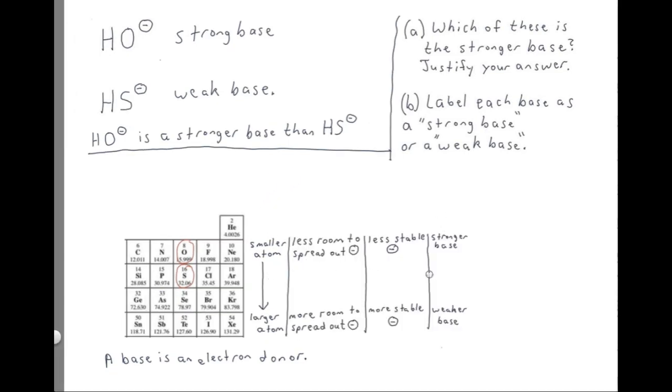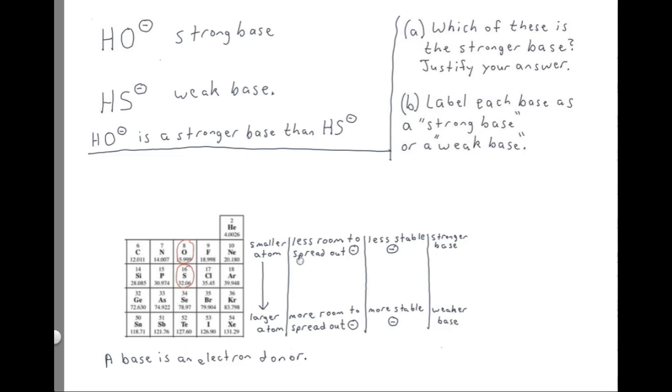So here's the complete logic spelled out. The sulfur is the larger atom. Because it's the larger atom, it has more room to spread out its negative charge. And since the negative charge is more spread out on the sulfur, the negative charge is more stable on the sulfur. But if the negative charge is more stable, that means it's less eager to be donated. More stable means less reactive. So since the negative charge is more comfortable on the sulfur, it's less reactive, less eager to be donated, and that makes the sulfur a weaker base, because a base is something that wants to